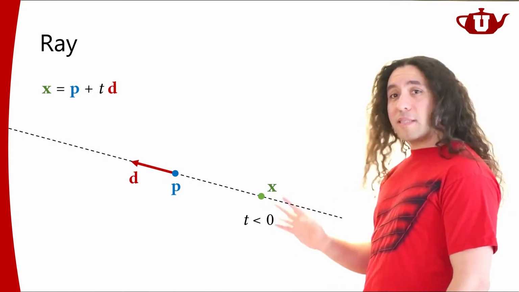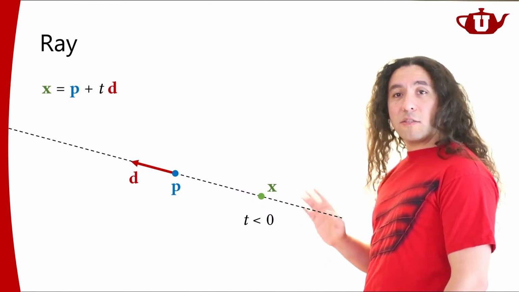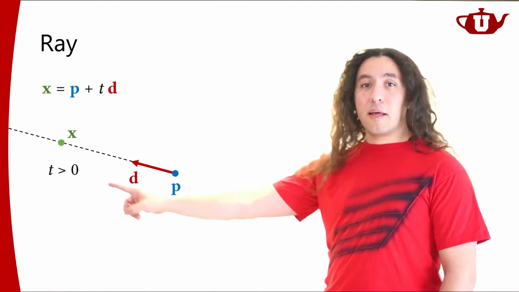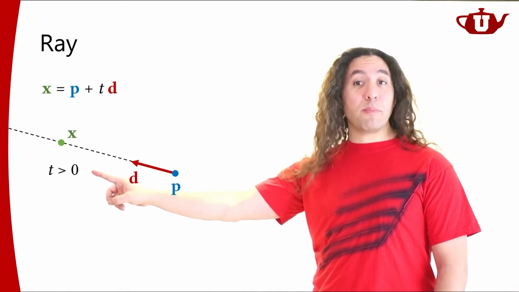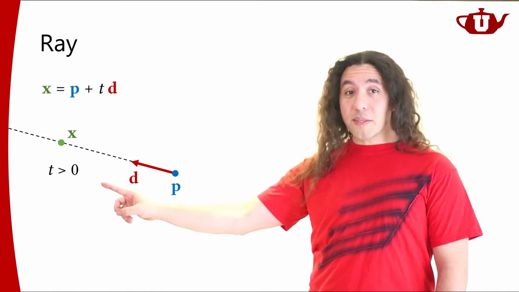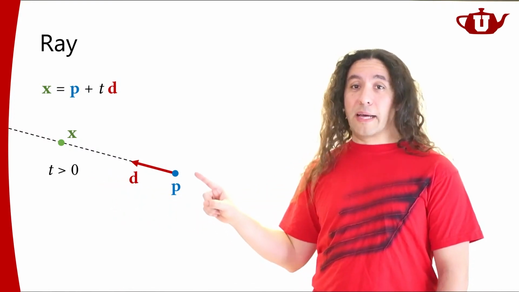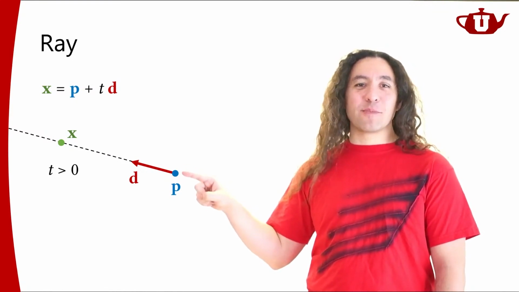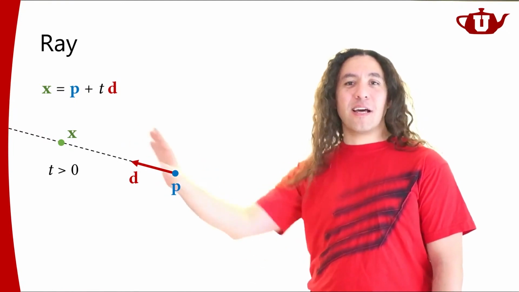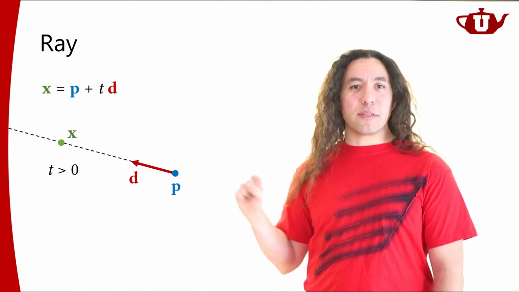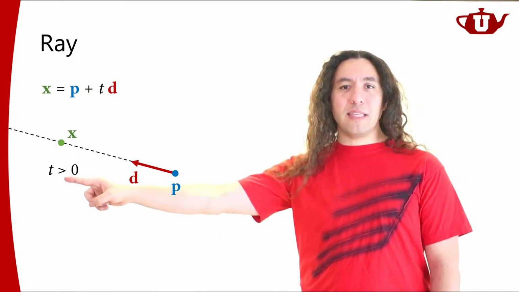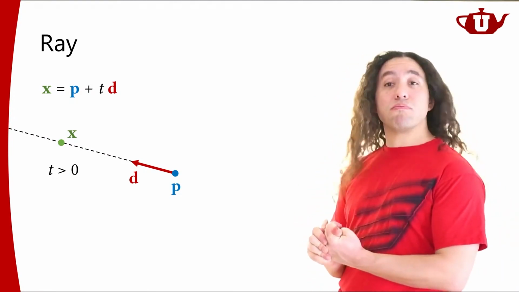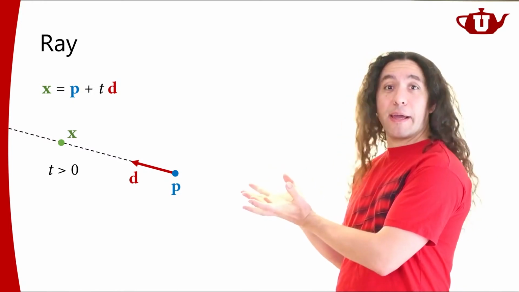But oftentimes when we're doing ray tracing, we're going to be interested in positions that are in front of the ray. They're going to be represented with t values that will be positive. Not even 0. Oftentimes we're not interested in things that are at t equal to 0, because if I have this ray, I'm at this position anyway. I will be interested in stuff that is in that direction, but not exactly at this point, right? So we're going to be interested in stuff that's going to be t greater than 0. All right. So what am I going to do with this ray? I have this ray. What am I going to do with it?